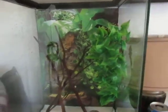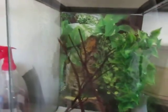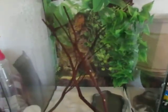Right now, and one more thing. I've just got the base Zoo Med Crested Gecko cage. When she gets older and I'm able to put normal substrate in, I'll show you what it is. Let's move my shoes. I will make it a vivarium. It's gonna look really nice. So,